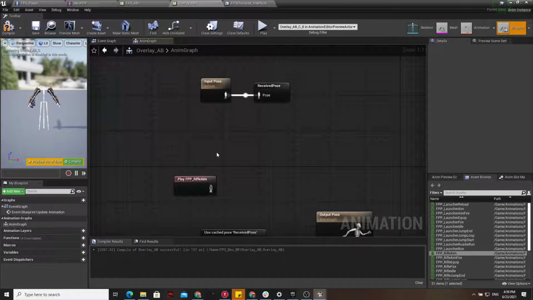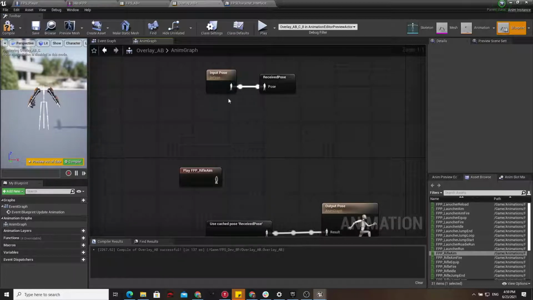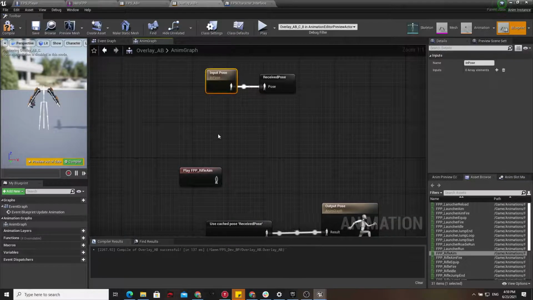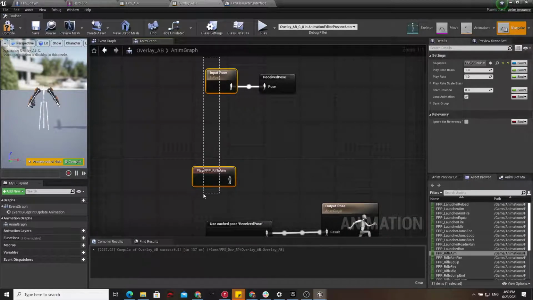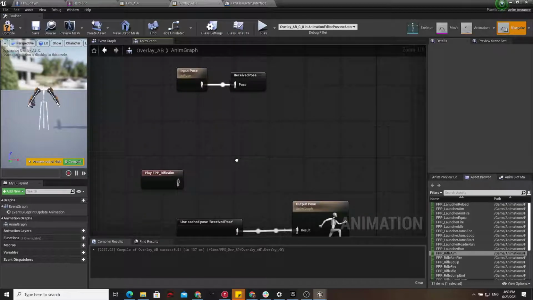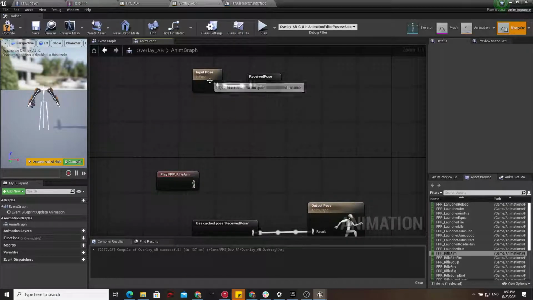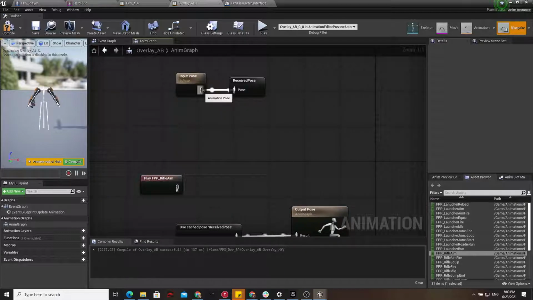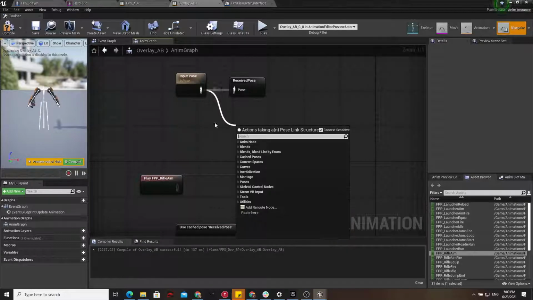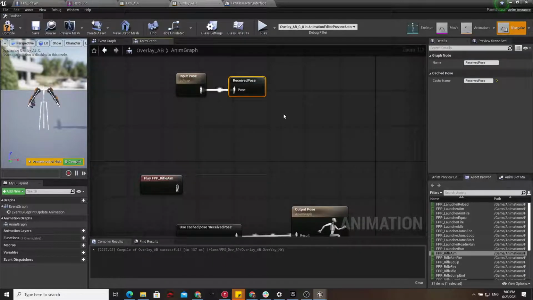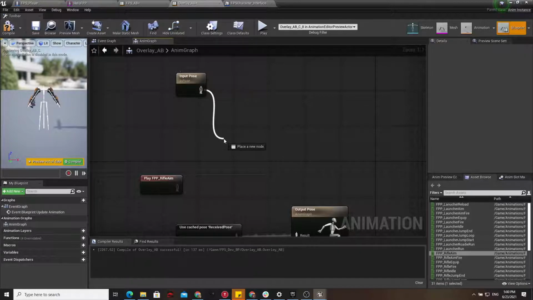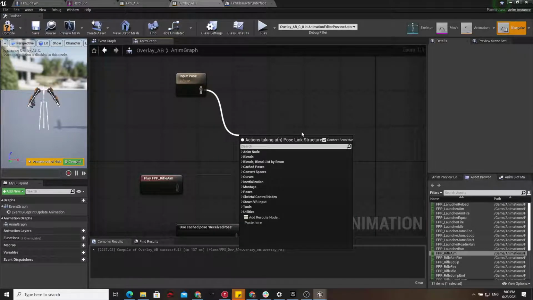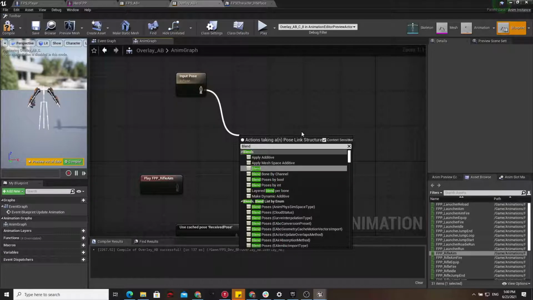and I'm going to blend it with this pose, the input pose, right? So essentially what I'm going to be doing here is taking the received pose. Actually, I don't need to cache it right now. I can just paste it over here. And I'm going to show the blend. I'm going to call the function